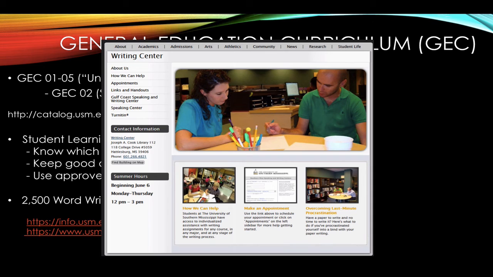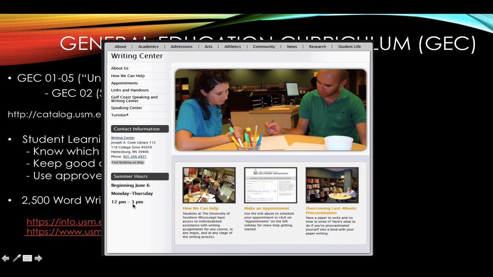And also there's information on Turnitin if you want to use Turnitin, where students can turn in their writing assignments through this online portal. It also helps check for things like plagiarism, grammar, and other things like that. And you can see all kinds of contact information, and there will also be a schedule of hours for the Writing and Speaking Center.